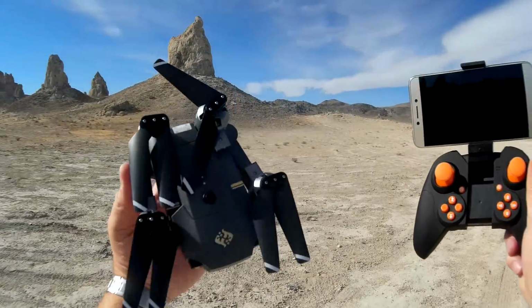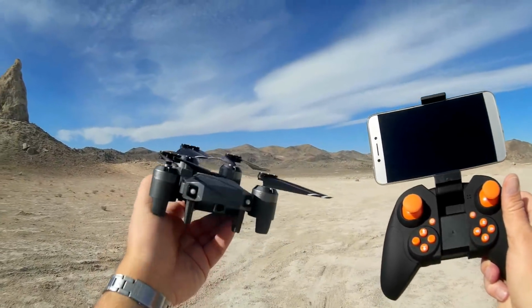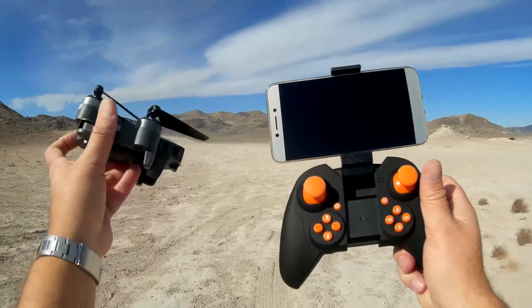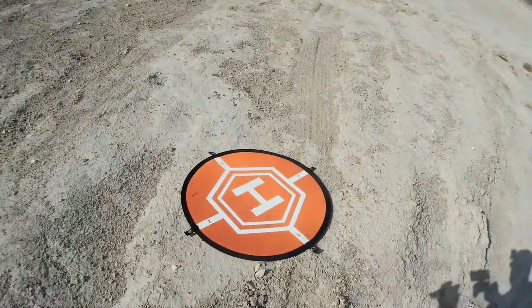Another foldable quadcopter, folks. These are coming out right and left. Here's one more. It does not record to SD card. It only records to your phone via Wi-Fi. Something about it, it comes with two batteries. They are